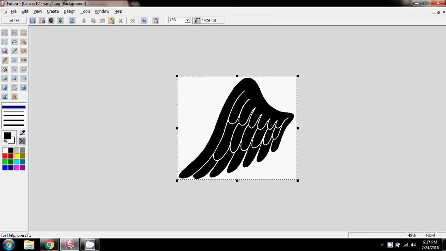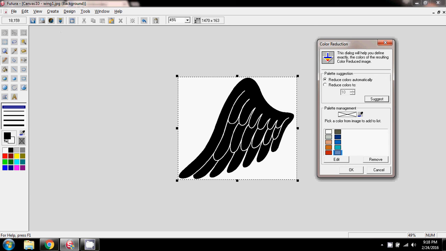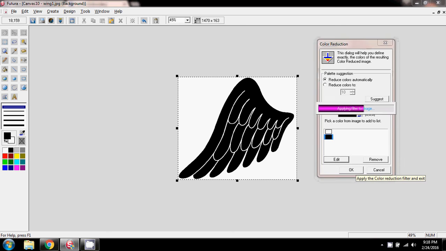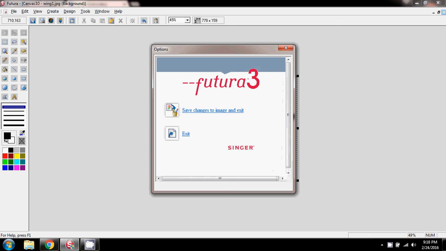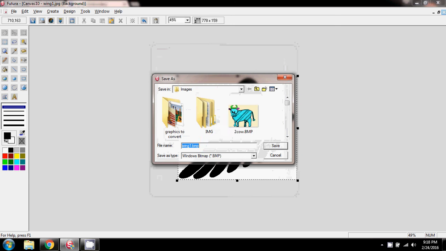The first thing I'm going to do is reduce the colors of this down to 2, and let me see what it suggests. It suggests 2 colors, so I'm going to say okay, and I've got a good reason for doing that. And I think that's all I need to do. So I'm going to close that, save changes to it, and call it